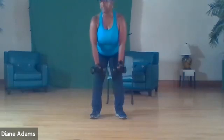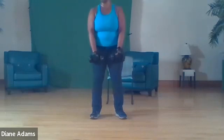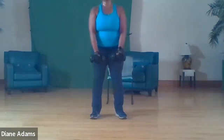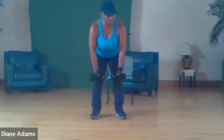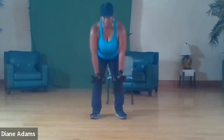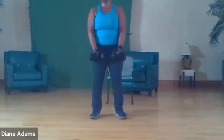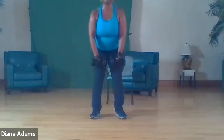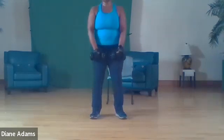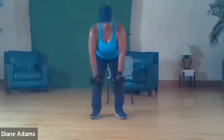Deadlift down. That's 8. Down. Keep that tummy tight. Supporting the back. Up. Give me 4 more. 4. Lift. 3, 2,